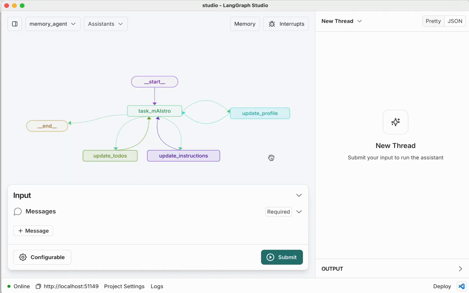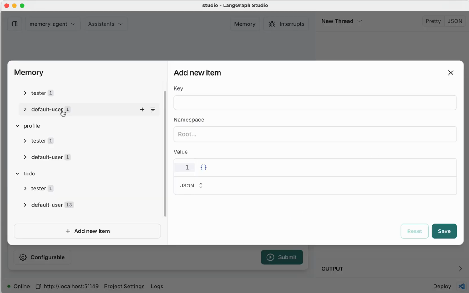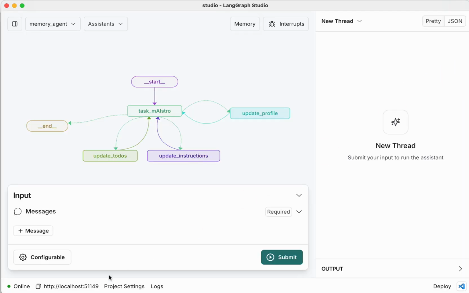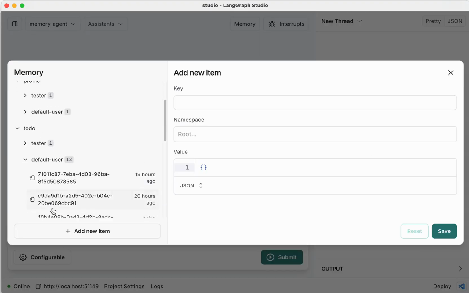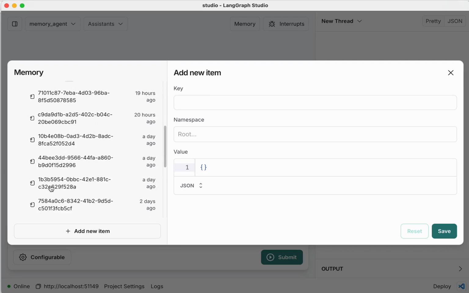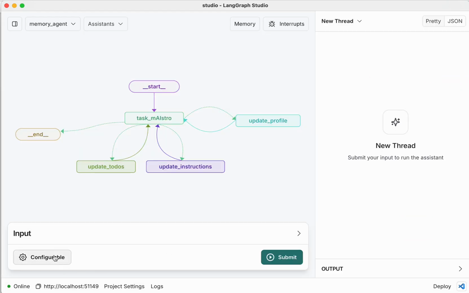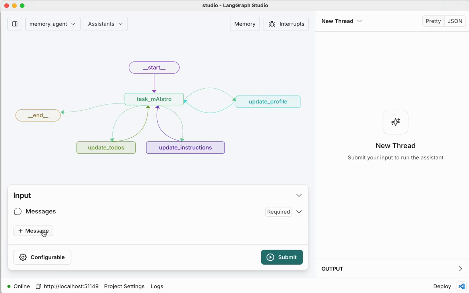Now I'm back in Studio. Let me show you just some example further usage that I actually do with my Task Maestro app. If we open up the Memory tab, we can see default user. That's just me. Whenever I open up LangGraph Studio and I don't, in the configurable field, specify a user ID, it'll default to just default user for convenience. So this captures a bunch of to-dos for me. I can, in an open-ended way, ask